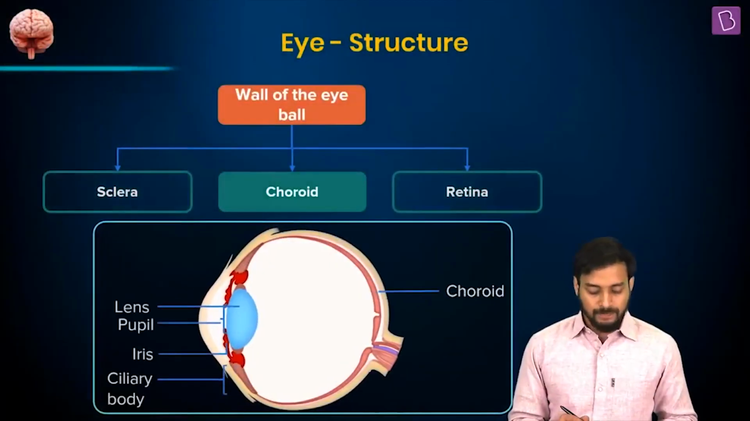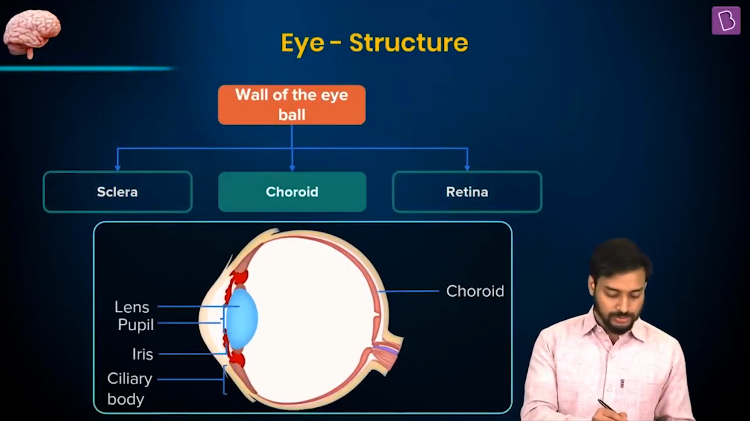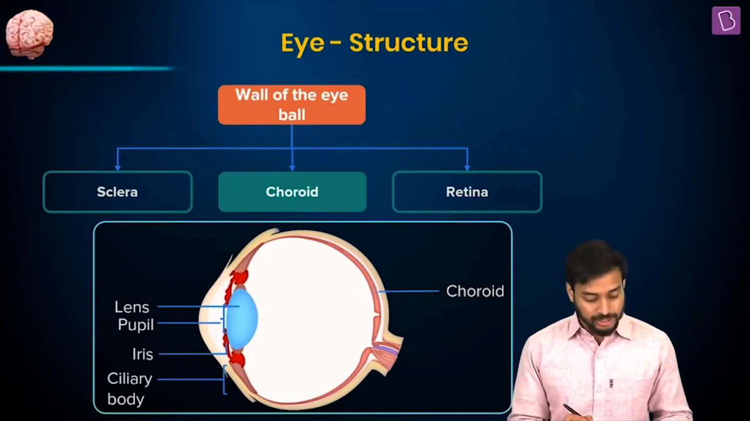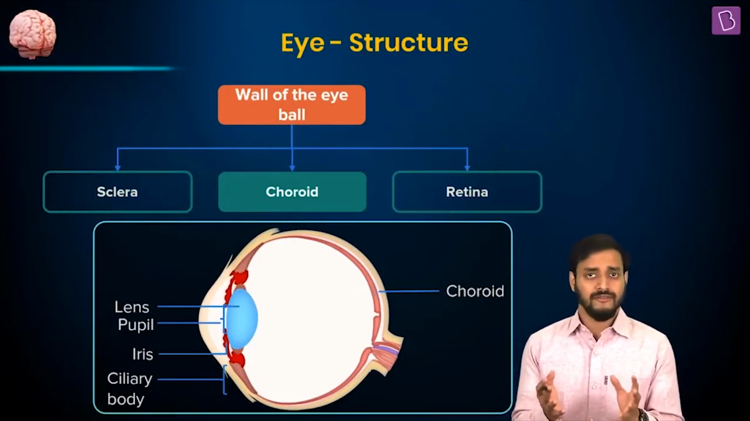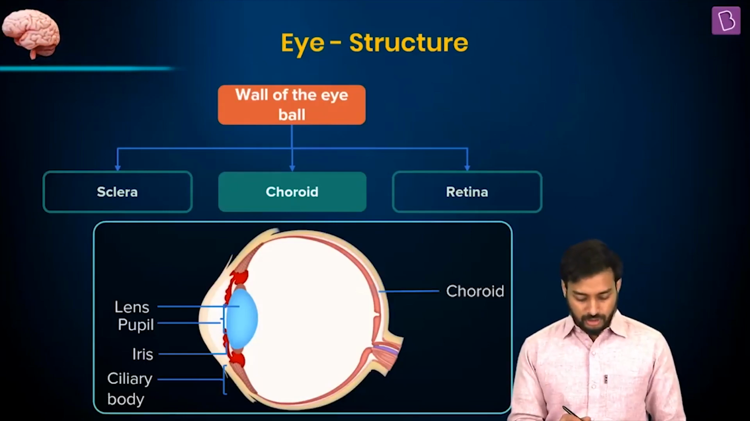Now let's talk about the choroid. While we talk about the choroid, we are going to introduce ourselves to the terms the lens, pupil, iris. You have heard about all these. Ciliary body, this you may not have heard about. Now, starting with the choroid,